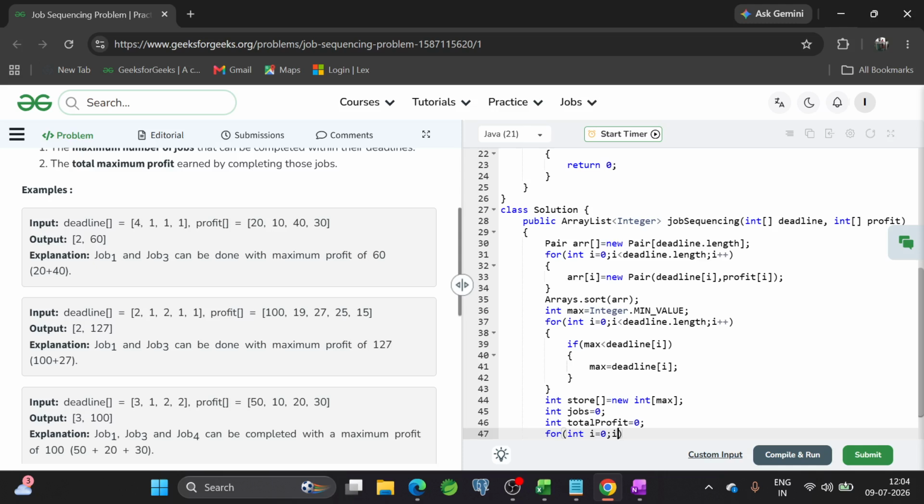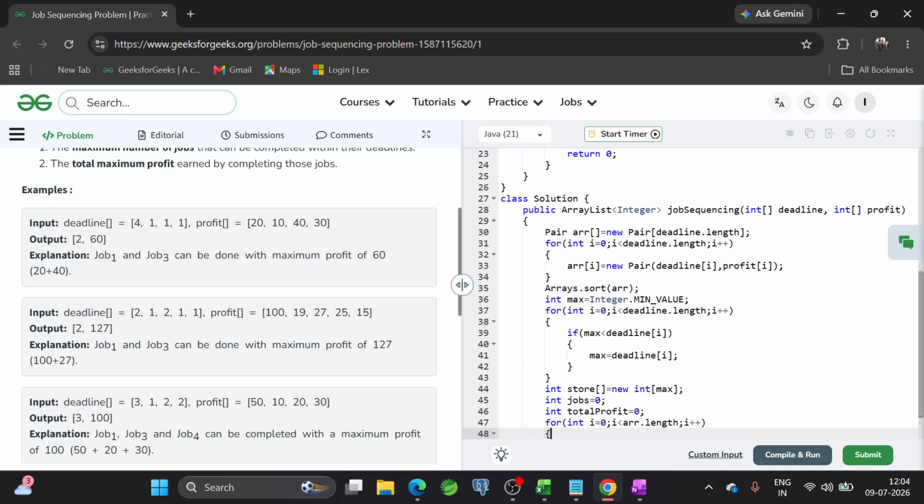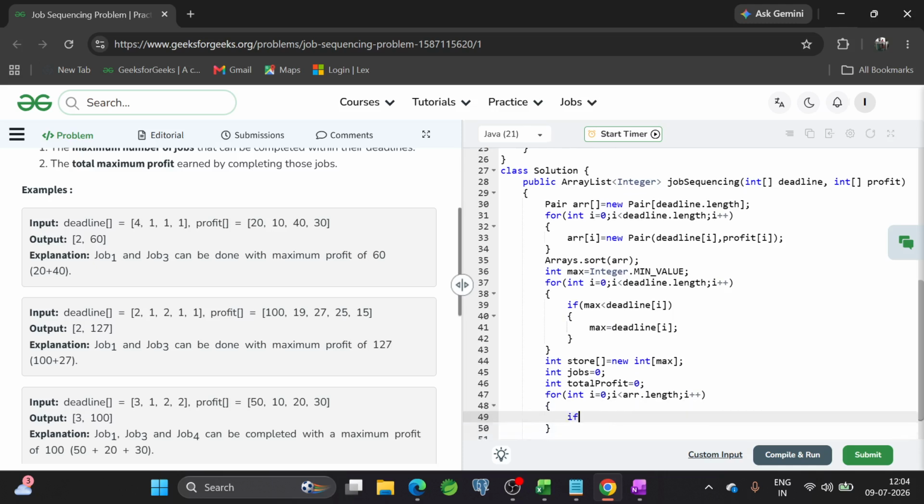For int i equal to 0, i less than arr.length, and then i plus plus. After that I check. Then I will write j equal to arr of i.d1 minus 1, because the array starts from index 0, that's why I did arr of i.d1 minus 1, and then j greater than or equal to 0 and j minus minus.